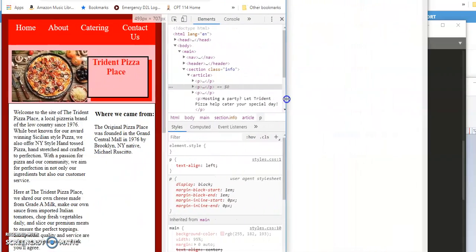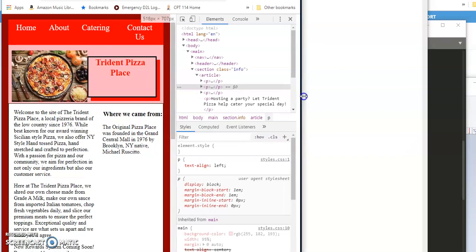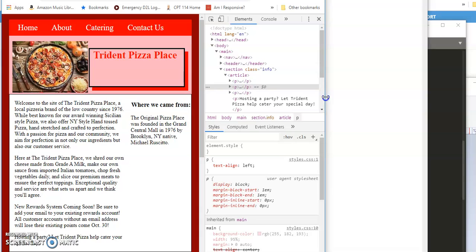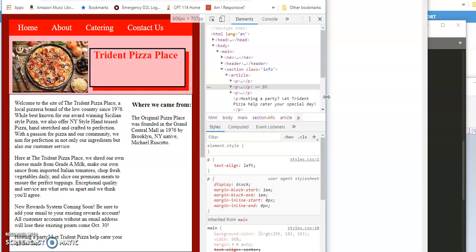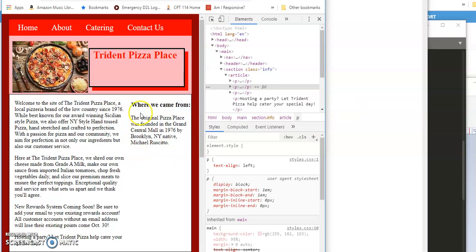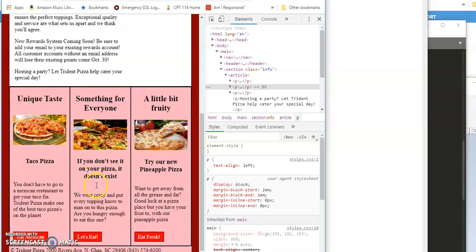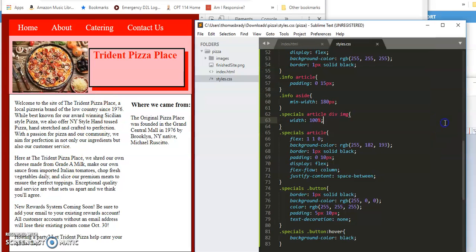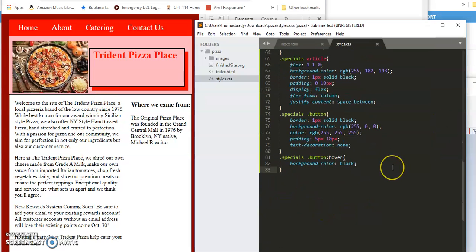So if we keep going, you can see that it looks like it breaks right about 600. So you can see right about here, everything doesn't look so good. And that's at 600. There we go. So what we want to do is make a media query at that point and say, okay, at this point, let's go ahead and stack all these, because having them side by side seems kind of ridiculous at this point. All right. So let's go down to the bottom, and we're going to add our 600 media query,